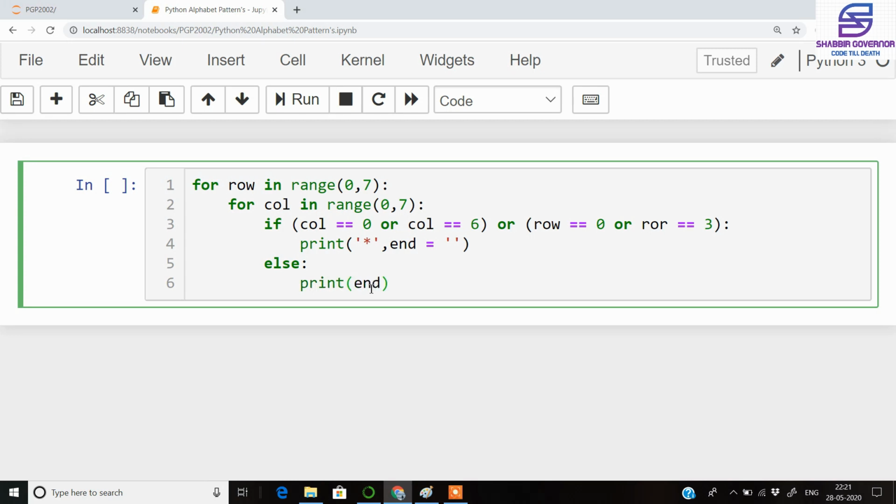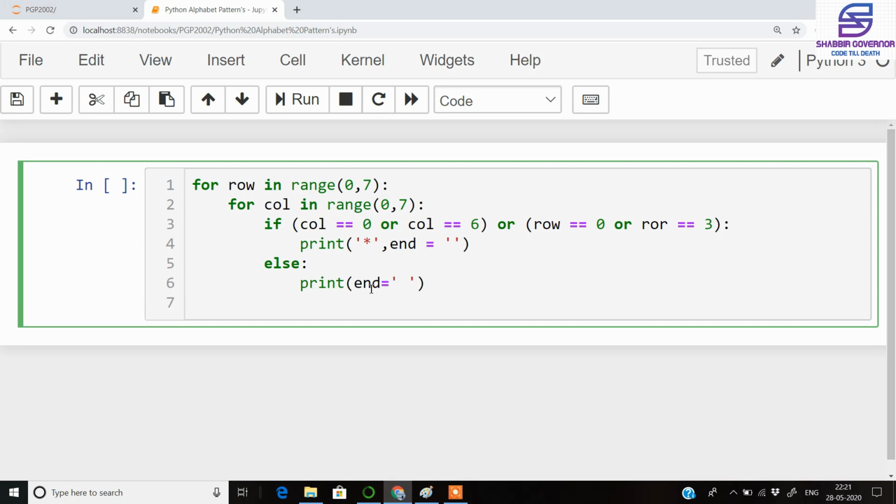end, and once you have printed the first line we need to go to the second line so that the pattern is continued. So we simply write here print. So this is only for moving to the second line. So now let's run the code and let's see whether our A pattern is printing or not.